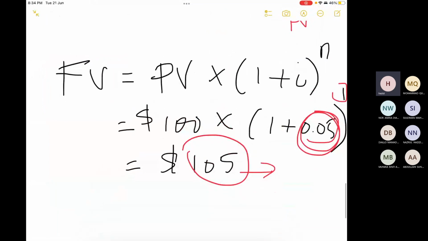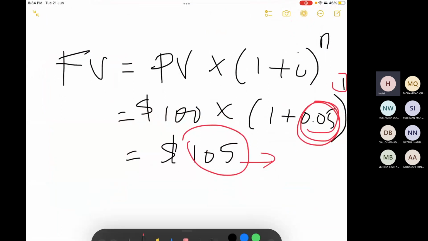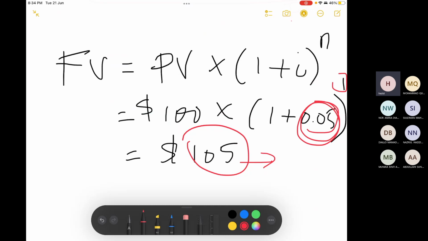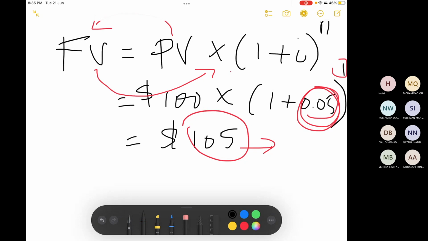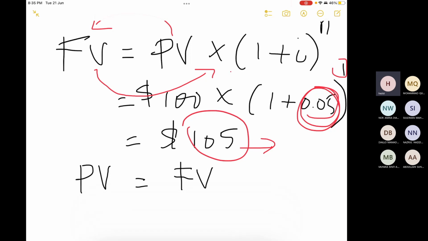So now come back to the present value, because we are concerned about bond pricing now. How to calculate the present value is to find the inverse of the future value. In terms of the mathematical procedure, you have to bring the present value to this side and the future value to the other side. So let's do that. Present value will be equal to the future value